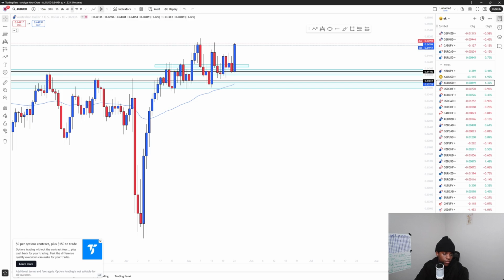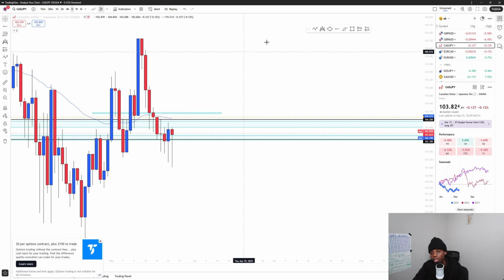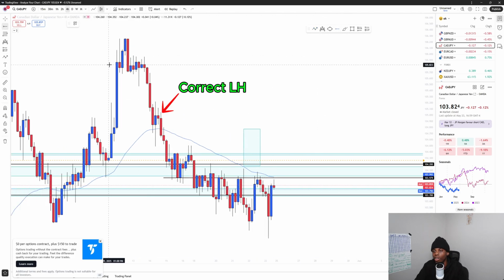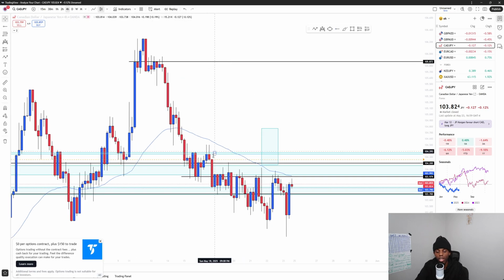Who knows? Okay, let's just go back to analyzing pairs. CAD JPY. On the daily time frame, I was waiting for price to create a candle like this. If price did that on the 4 hour, we would have shifted bullish, closing, not bullish, nah, because this is the lower low, and this up here the lower high. So technically we wouldn't have shifted bullish, but either way, this is what I wanted to happen for 4 hour